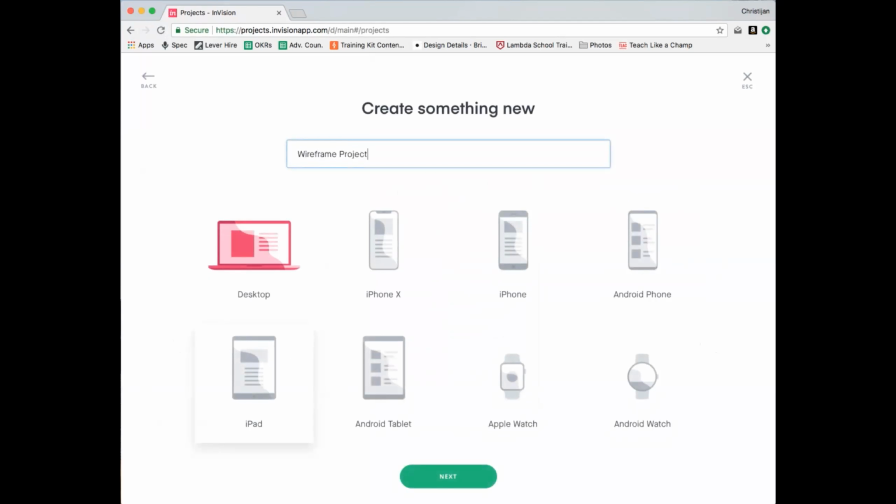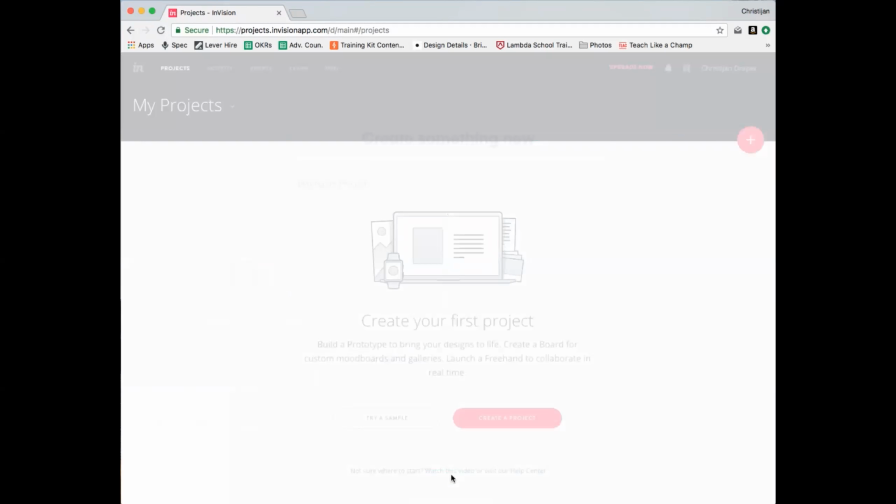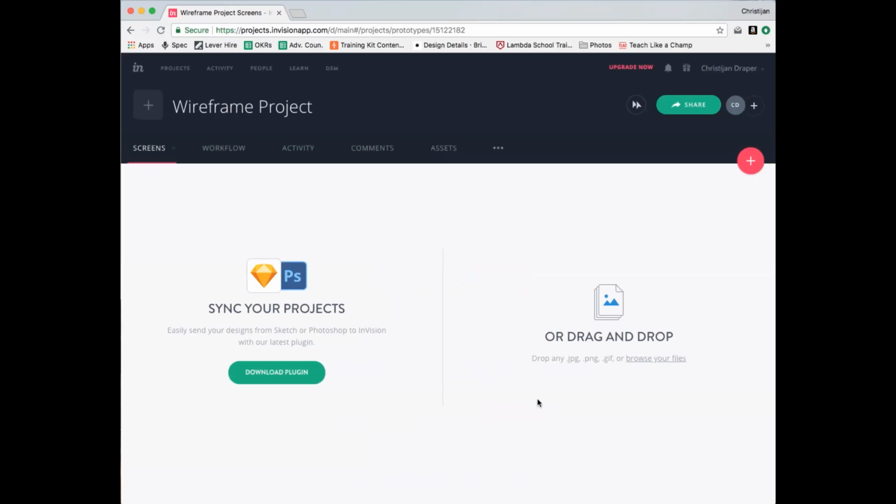I'm naming it Wireframe project, and we're going to actually make it an iPhone project rather than a desktop. So we'll jump on iPhone and hit next. And it's created the project. And now it's ready to